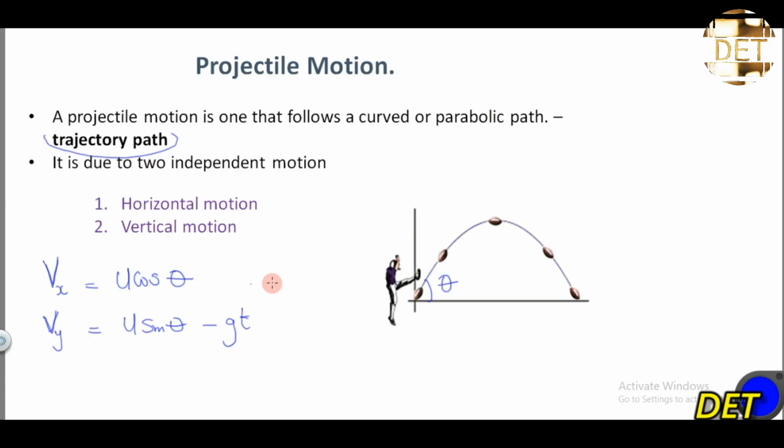If you remember from the very first page, I said that there are two velocities that are responsible for a projectile motion, right? There is a horizontal velocity, which is given as u cos theta, and there is a vertical velocity, which is given as u sin theta minus what? gt. So the horizontal velocity is what is responsible for the horizontal movement of the body, right? While the vertical velocity is what is responsible for the vertical movement of the body, for the upward movement of the body,